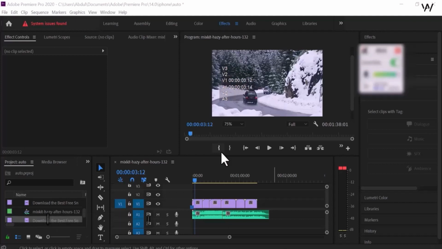AutoFrame is a feature in Adobe Premiere Pro that uses artificial intelligence to automatically adjust and reframe video content for different aspect ratios. It simplifies the process of adapting videos for various platforms and devices, such as social media or